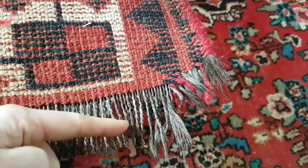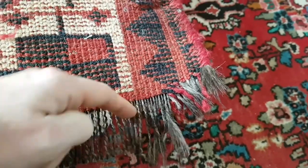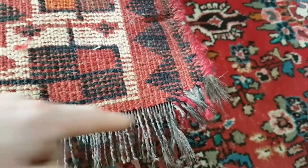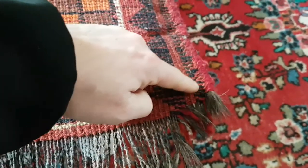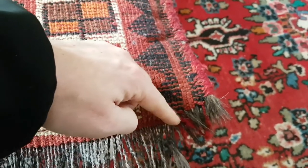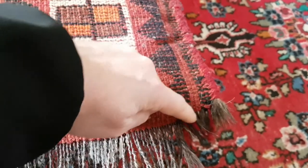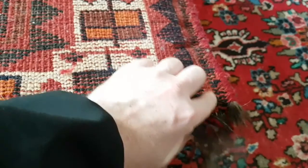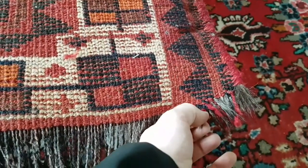All the knots in the fringe originally came to like here. So I've actually de-knotted a lot of the rug already. So the damage was all on this fringe, as my photo said, and I'm going down into the side cord. So originally the customer just wanted the rug whipped around there, which would have looked awful. So I persuaded the customer to have this one